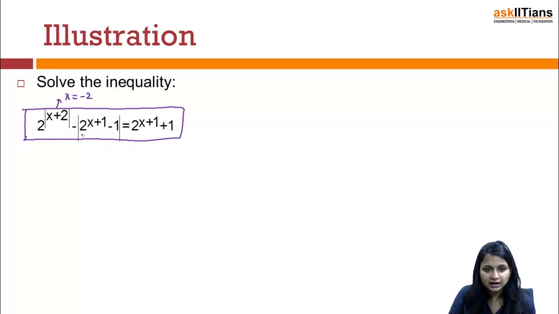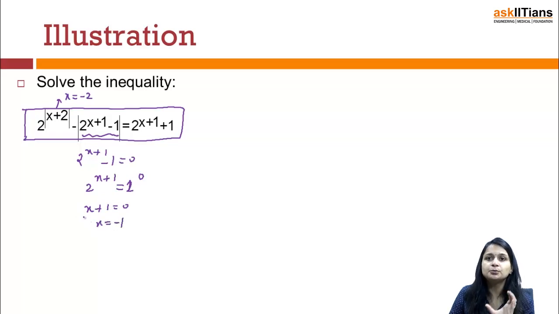Okay, then I have to take care of this. Now handling this is not simple. I have to check where it is 0. So 2 raised to the power (x + 1) equal to 1. So this is 2 raised to the power 0. So I can say that x + 1 = 0, x = -1. So that means I got 2 points, x = -1 and x = -2. So these -1 and -2 basically divide my whole number line into 3 important regions, right? First, second and third. So to solve the question, I will be taking again 3 cases.